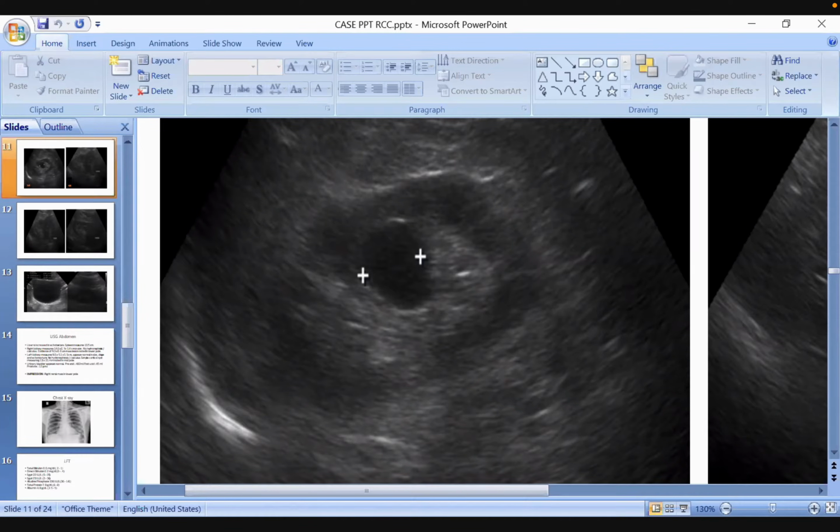See, what all you want to describe? You want to describe the location of the cyst, the size of the cyst, the exo-endophytic nature, what is the content in the cyst, whether it is septate, whether the wall is thin, whether there is calcification, whether there is post-acoustic shadowing, right? Yes. These are things you will have to describe. Not only describe the cyst, but the surrounding area or behind the cyst. Whether the wall is thin-walled, whether the wall is calcified, whether they are septate, whether the content is clear.